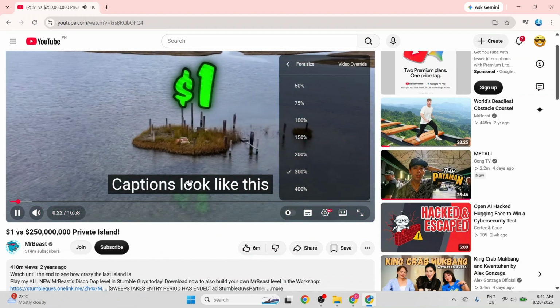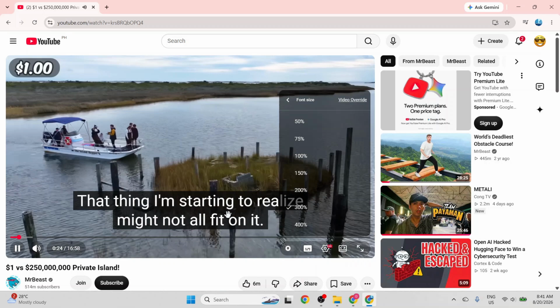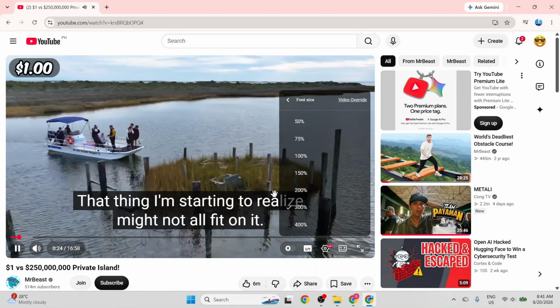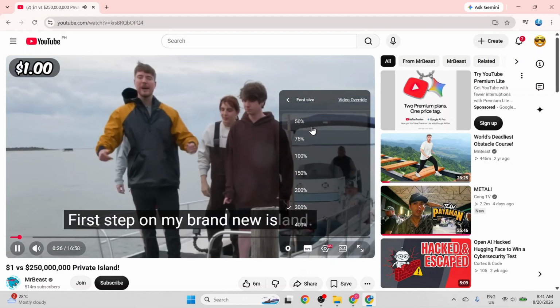Instantly, the text on screen expands to a much larger, highly visible size, making the subtitles much easier to read while watching. To test how it looks, I let the video play for a moment and observe the newly enlarged text across the screen. Now, if I want to adjust it again or make it smaller, I move my mouse